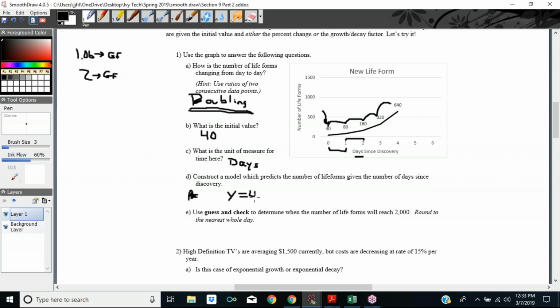We have the starting amount times the growth factor, which we know is 2 to the t power, or the x power if you want to use x. And then again, t is the number of days